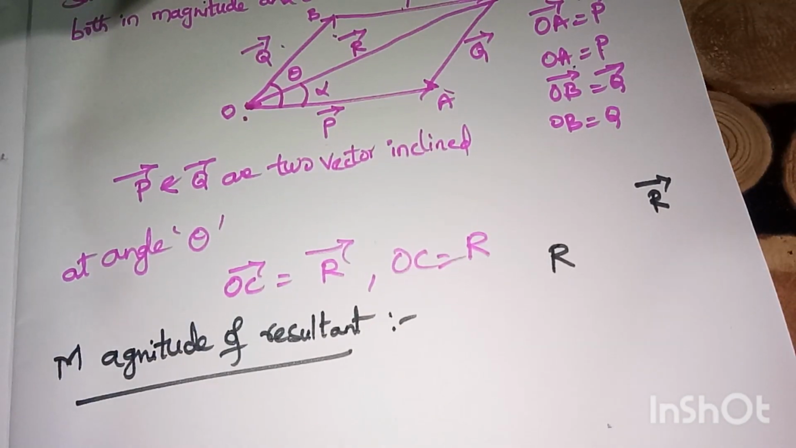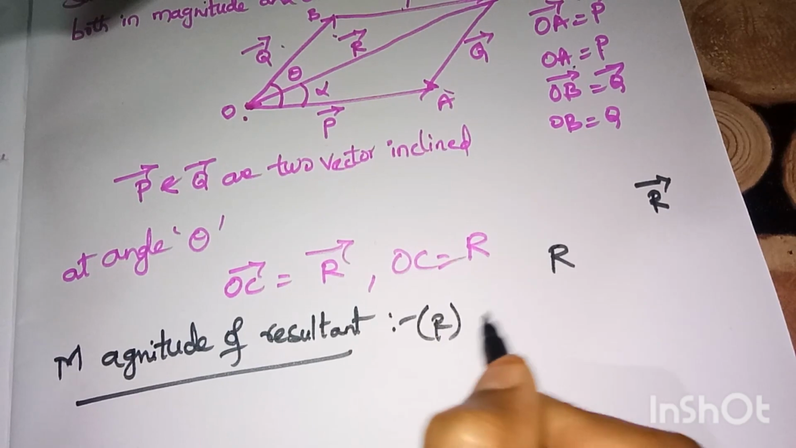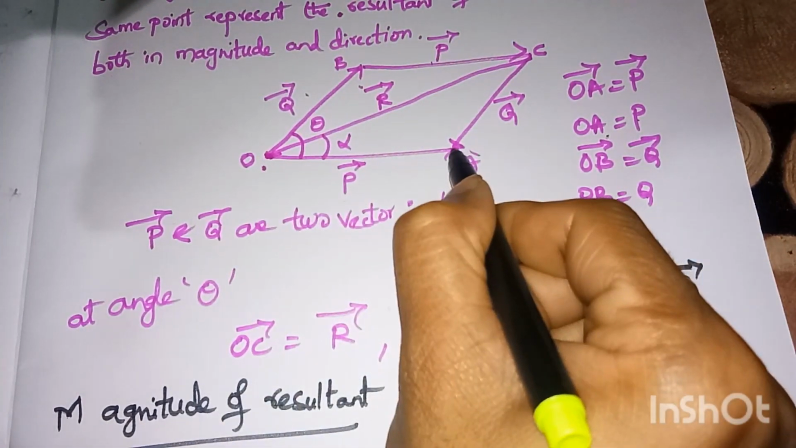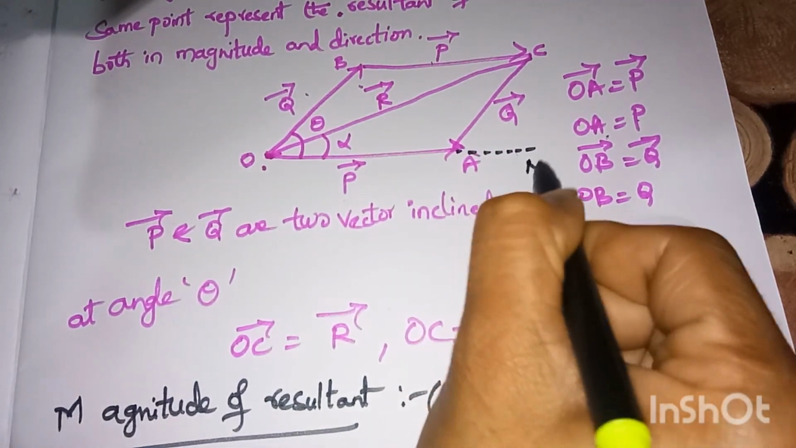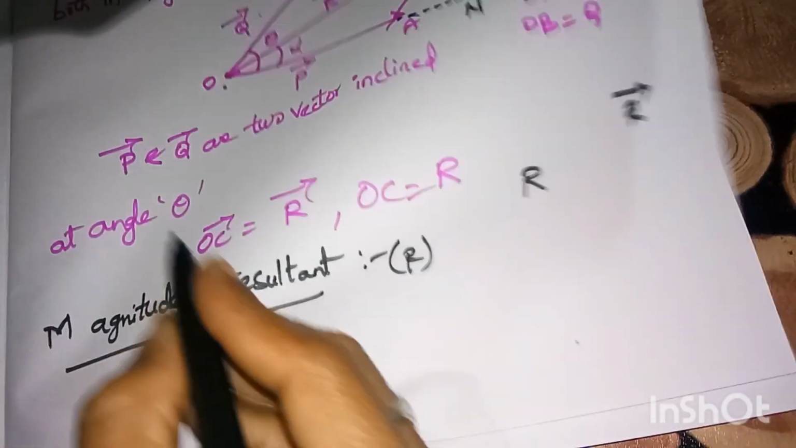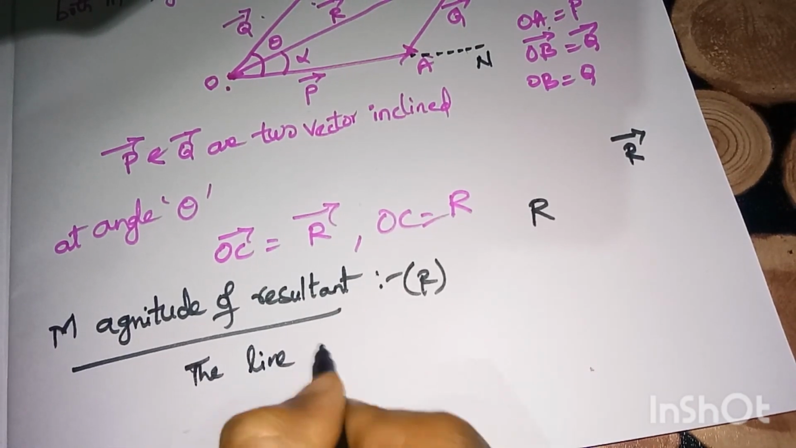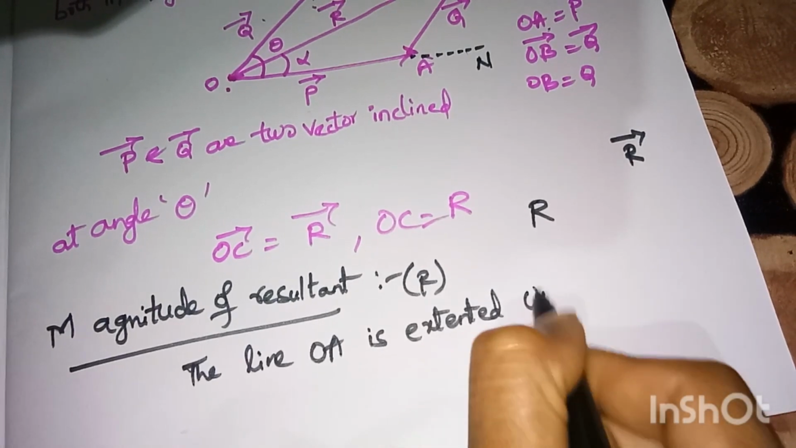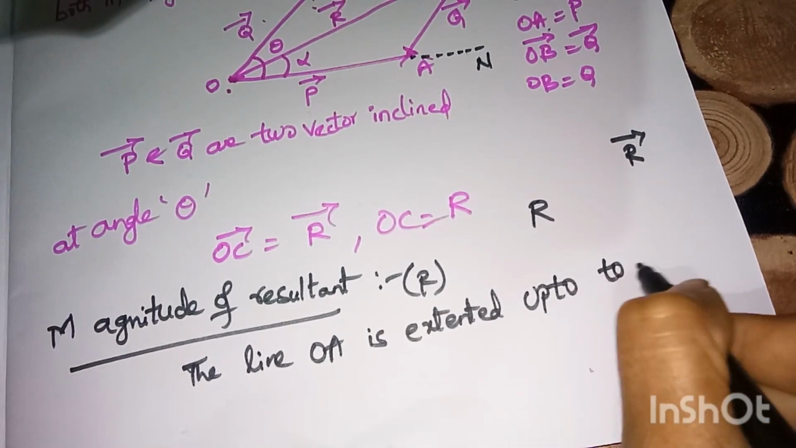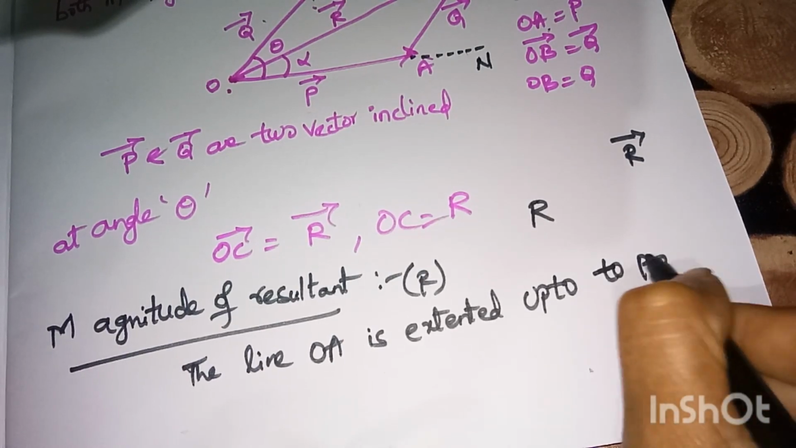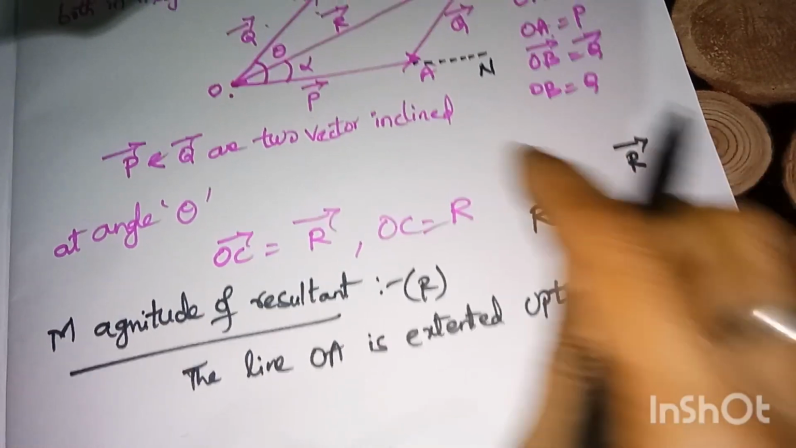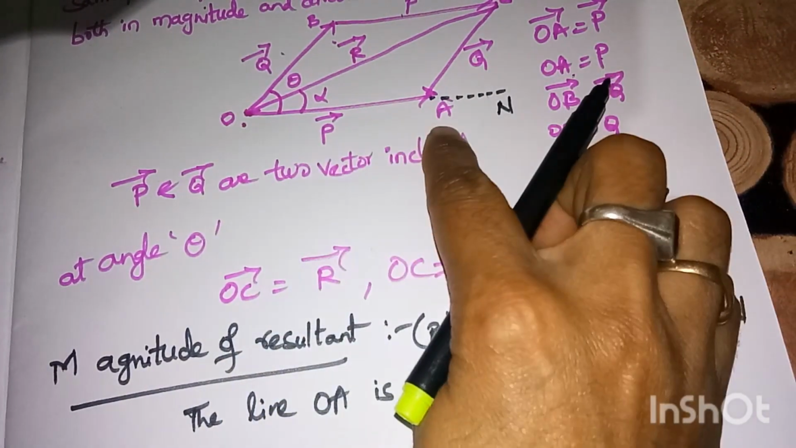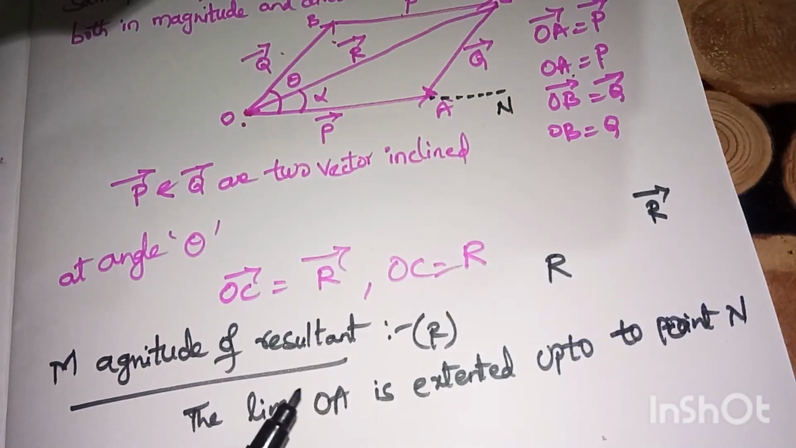So to find the magnitude of resultant R, we have to extend the line OA. OA is extended up to point N. To find the magnitude of resultant, the OA line is extended up to N, and